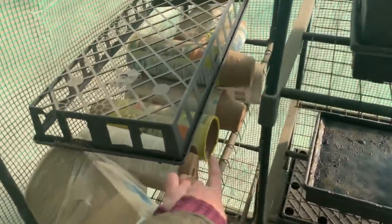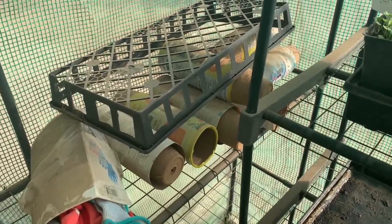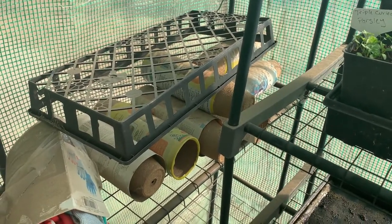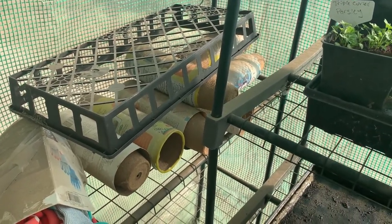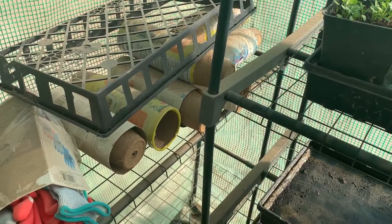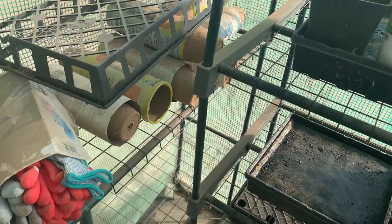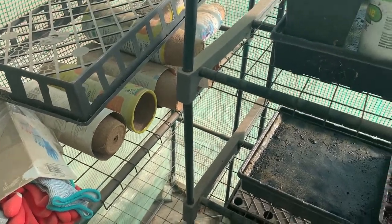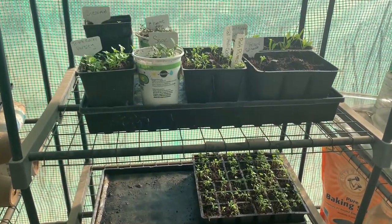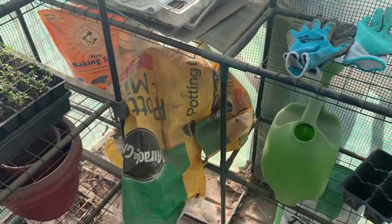All of these are biodegradable pots. I plan on using them this spring and summer when I'm gonna sell my starts, so I can sell them individually in those pots, and then my customers can just, they have a hole in the bottom, but you can kind of break open the bottom and just plant them directly in the pot, and the pot will break down, the roots will grow through it, and it actually adds some organic matter to your garden. So then I have some more pots on the bottom, my 2 seed start trays with all different kinds of things in there. I have some more potting soil,